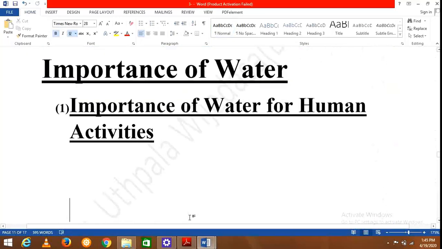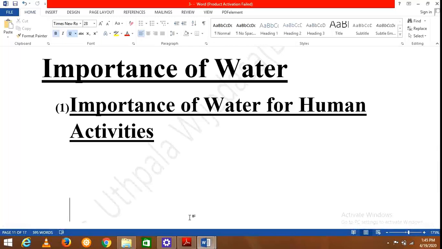And after that, we have to discuss about the importance of water. So at the beginning also I mentioned that water is an essential resource which is essentially needed for the maintenance of life for all the living organisms. So here we are considering the importance of water for human activities. So if you think of your day-to-day life, for drinking purposes, for cleaning purposes, to be healthy, for sanitary purposes, to maintain good health practices, for agriculture, to wash clothes, we need water.